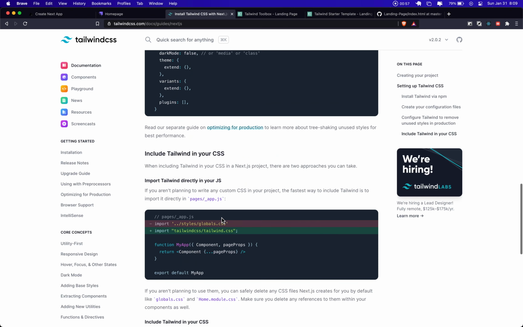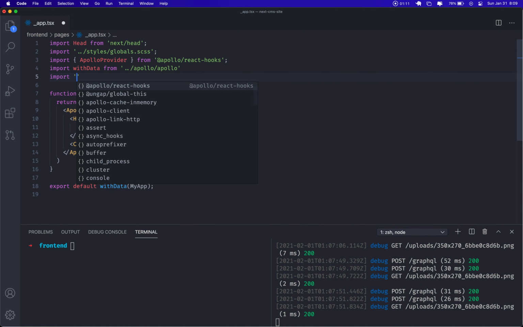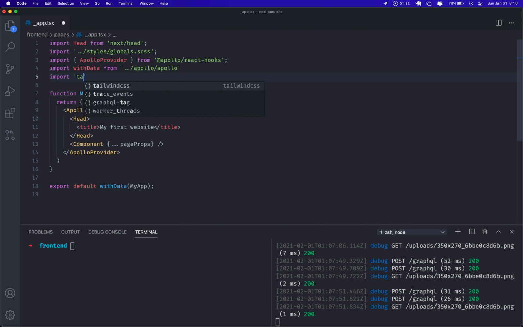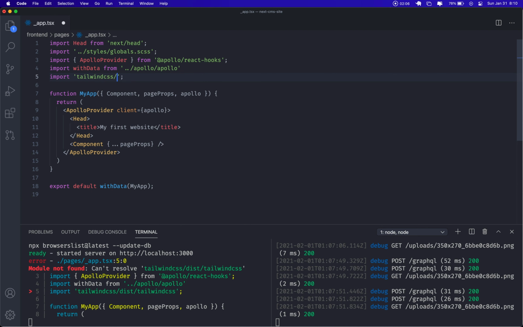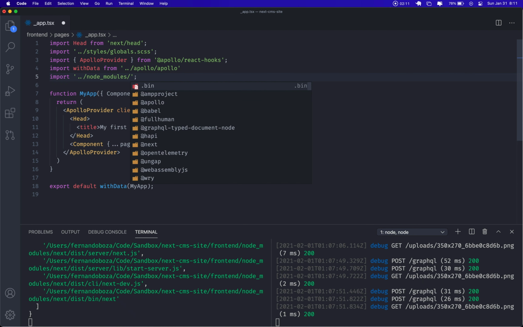So all I'm gonna do is close this, and then inside here I'm gonna import Tailwind from dist, Tailwind CSS. And oh, let me run this. So we go back here, let's see, cannot resolve. Oh, okay. So all we're just gonna do is go to our node modules and then Tailwind, then go to the dist folder, and then we're gonna get their minified files. Okay, once that's done, okay,